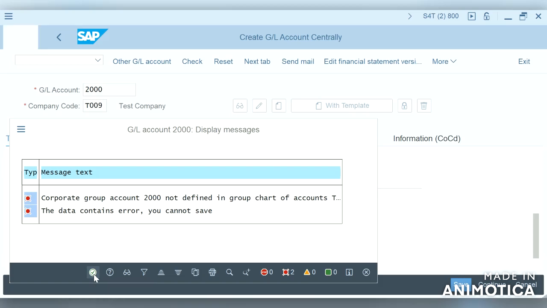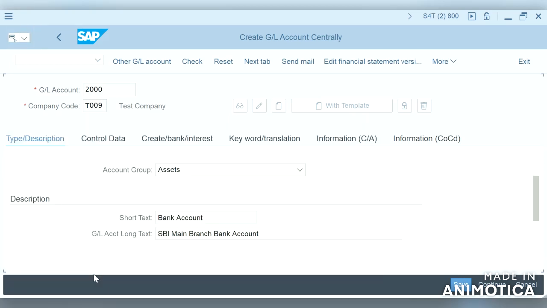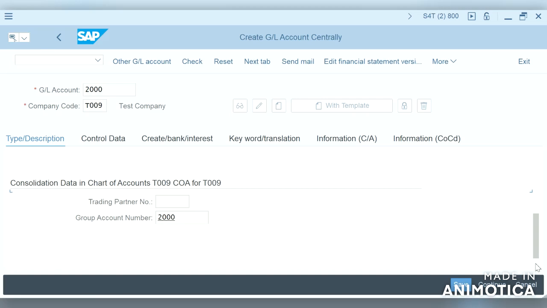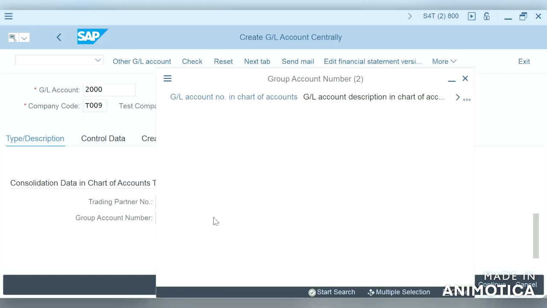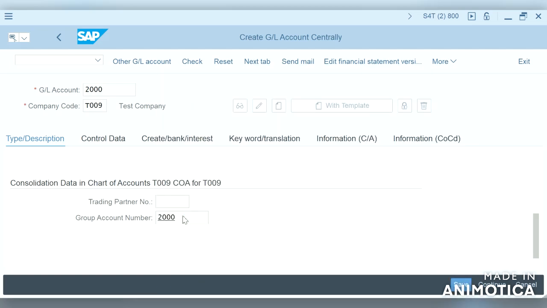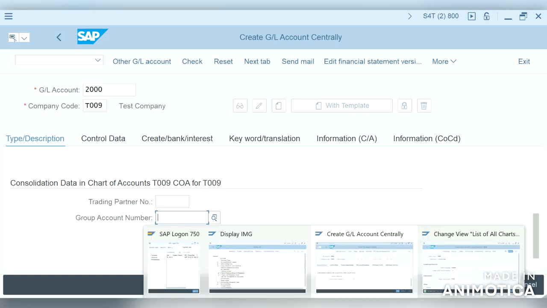You cannot save. T009. Okay, group account number. So what we do as of for